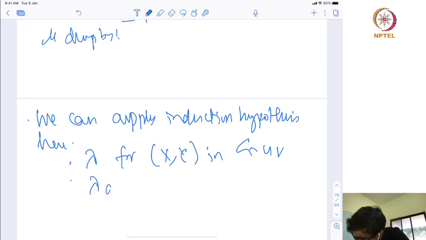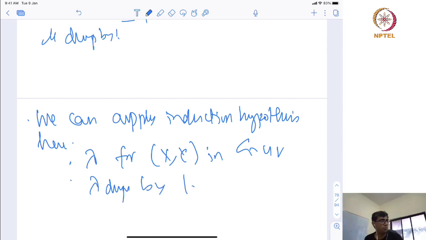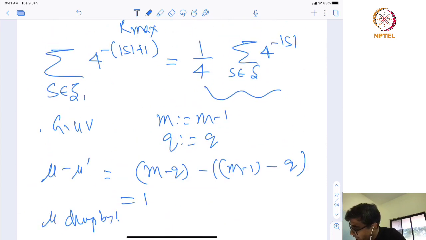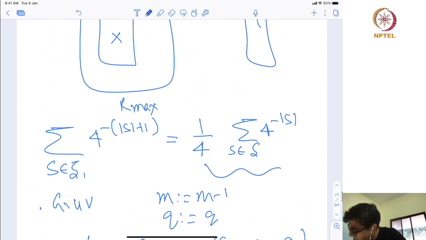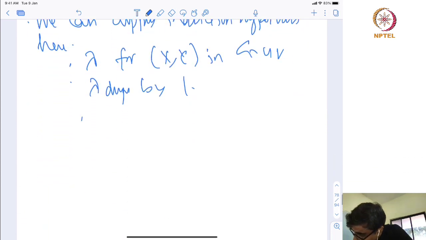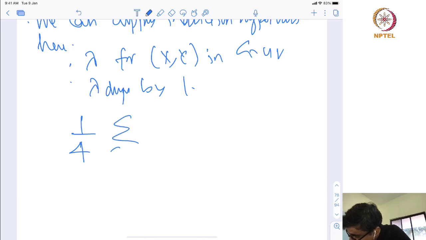Well, lambda drops by exactly 1. It cannot drop by 2, otherwise you take that, add this edge, and then you are done. So by induction hypothesis, what this number will be is 1 by 4 summation S in S1, 4 to the power minus |S|,